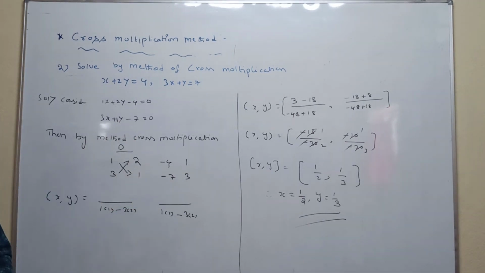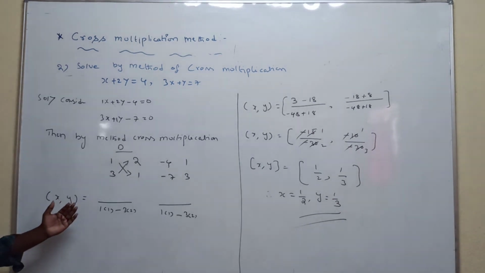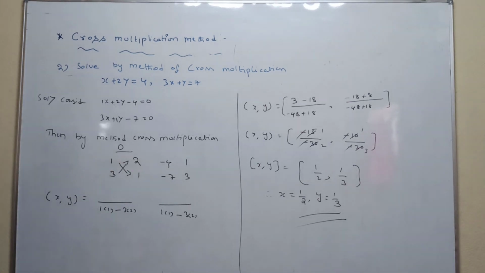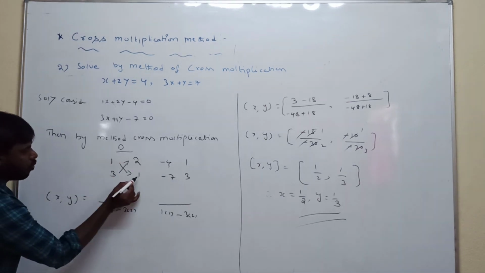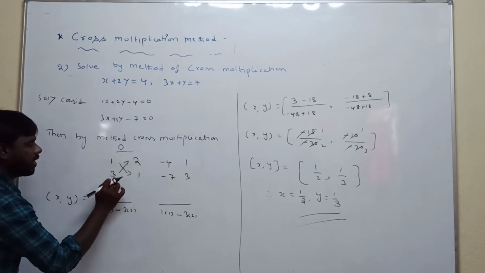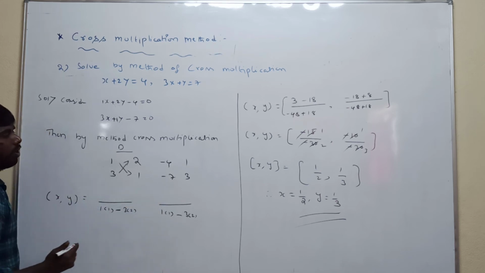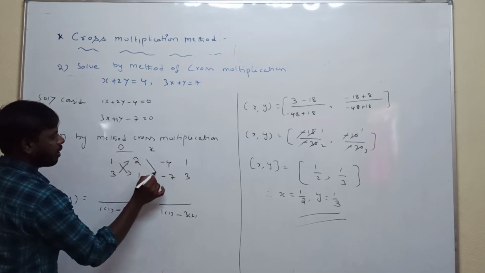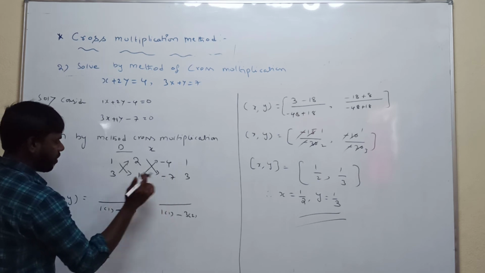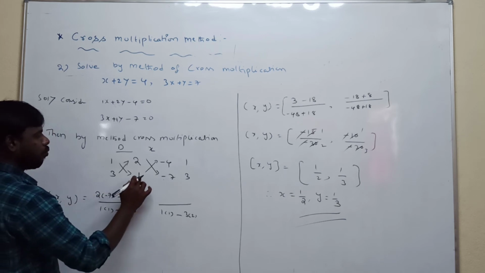They again repeat. Now we take the coordinates x and y values equal to x and y. This value you write in the x and y denominator. First one, I'm taking 1 into 1, minus 3 into 2. 1 into 1 minus 3 into 2. For x and y, both denominator values are the same. Now this value you take for the x numerator. So cross multiplication applied: 2 into minus 7 minus 1 into minus 4.